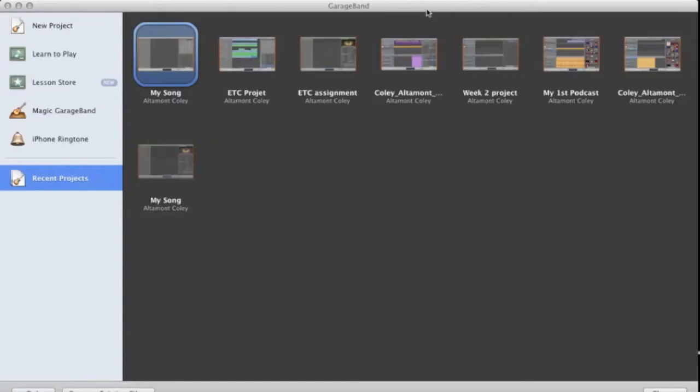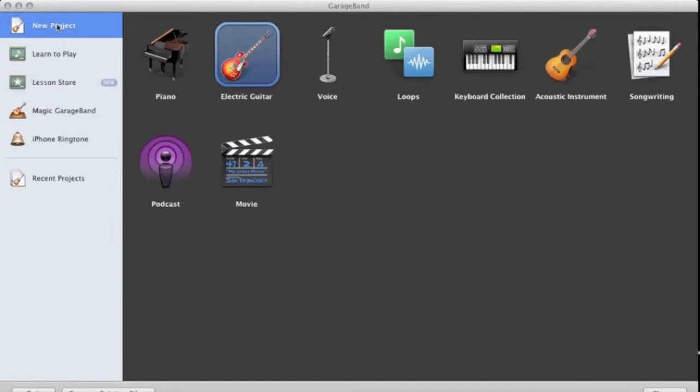Okay, now we will be looking at GarageBand. For GarageBand, when you open it up, you'll be given this screen. What you want to do next is click New Project. It'll ask you what type of project you want to create. If you're doing a documentary, you might want to select movie. If you're doing a music video where you want to create your music,